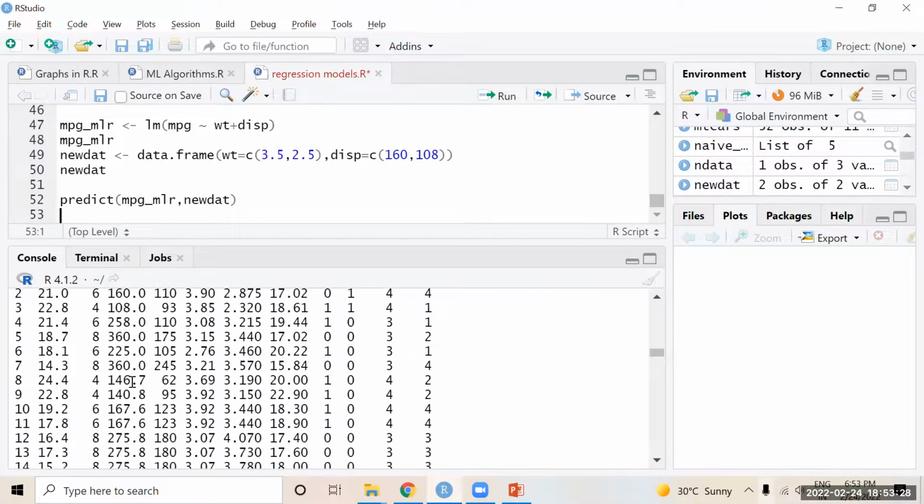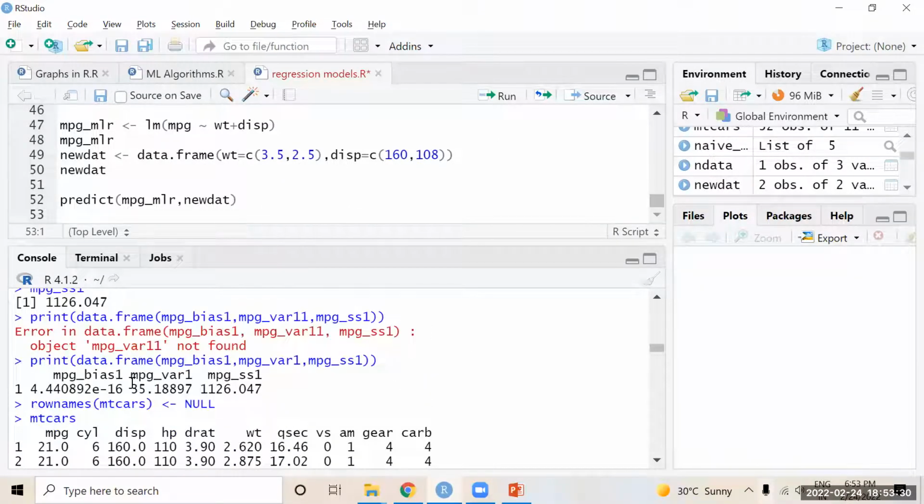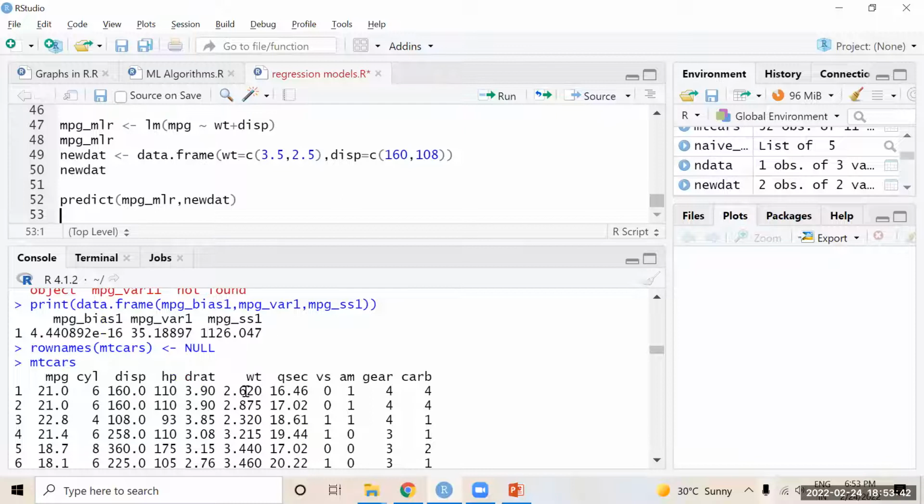So if the weight is 3.5, yeah, for example, this here.